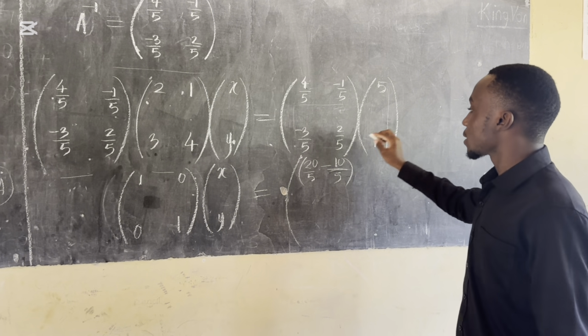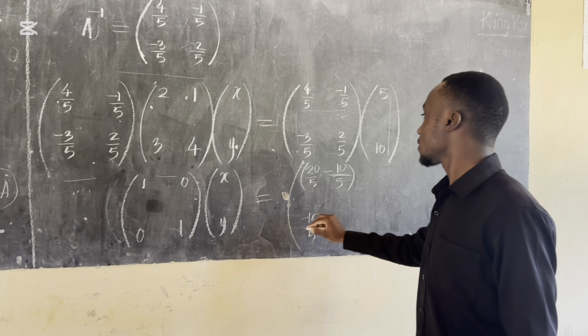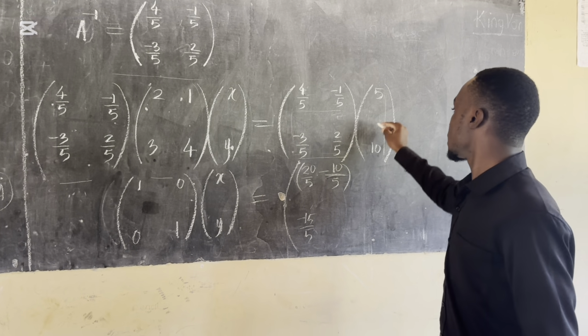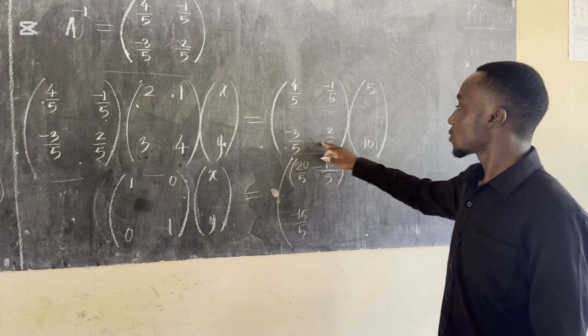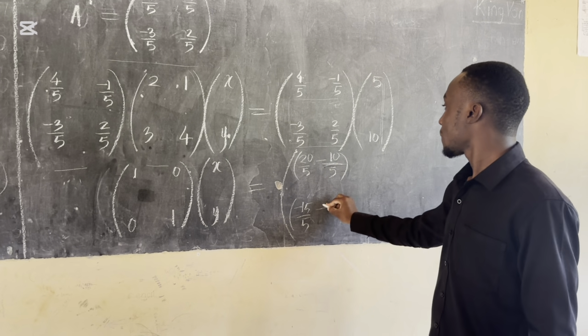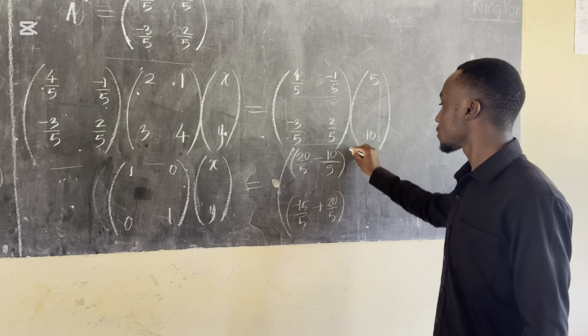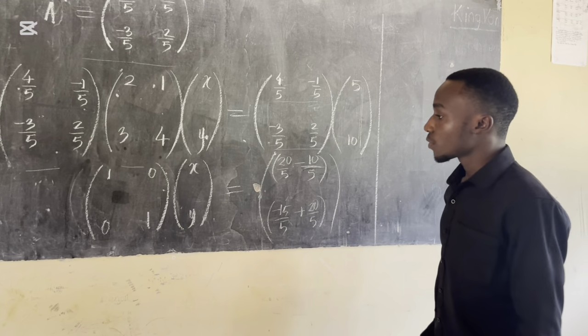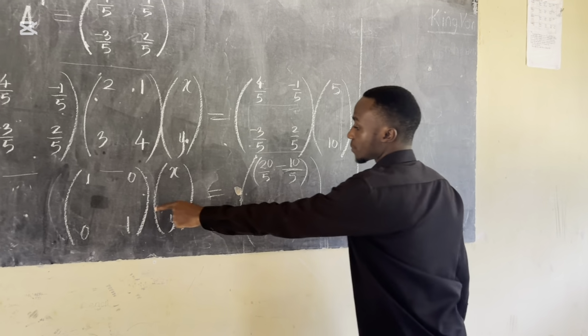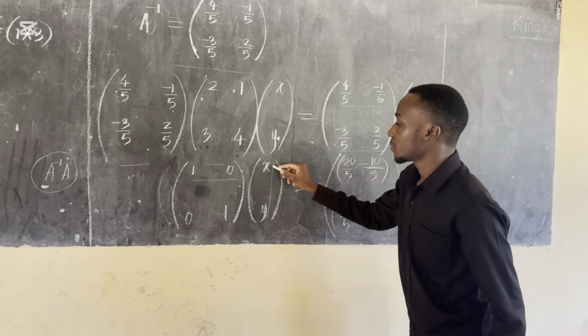Again, this one will give us negative 15 over 5. The same row, this will give us 20 over 5. So when we simplify very well, this matrix on multiplication, still row by column,